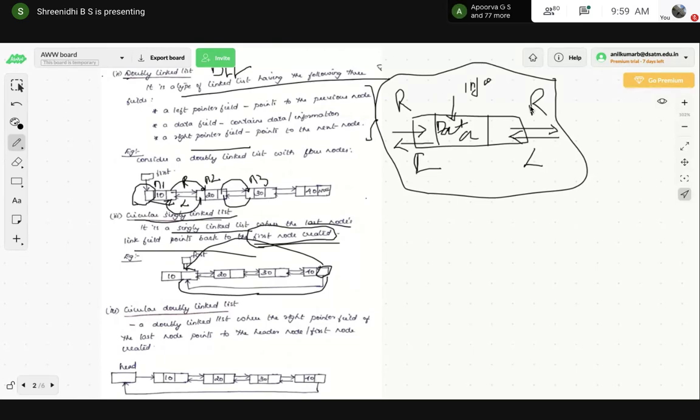What about the circular doubly linked list? Here a single link we have connected. What about the circular doubly linked list?